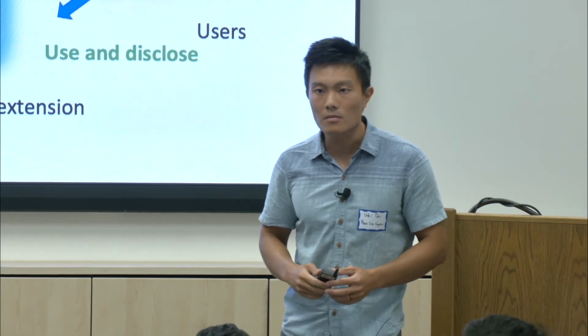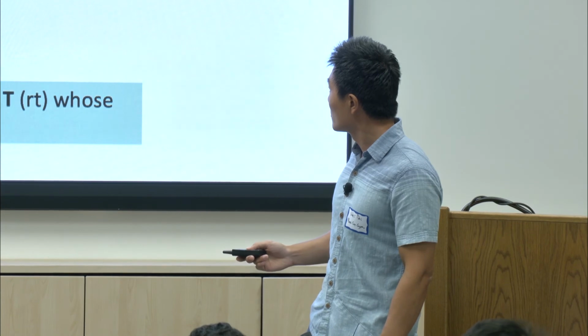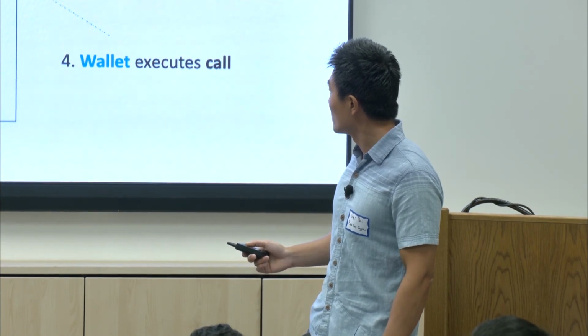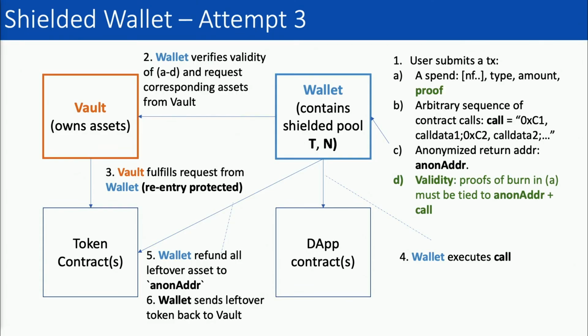Hi, could you go back to the final construction? What is the difference between steps 5 and 6, like leftover assets versus leftover tokens? Oh, yeah. So step 5,